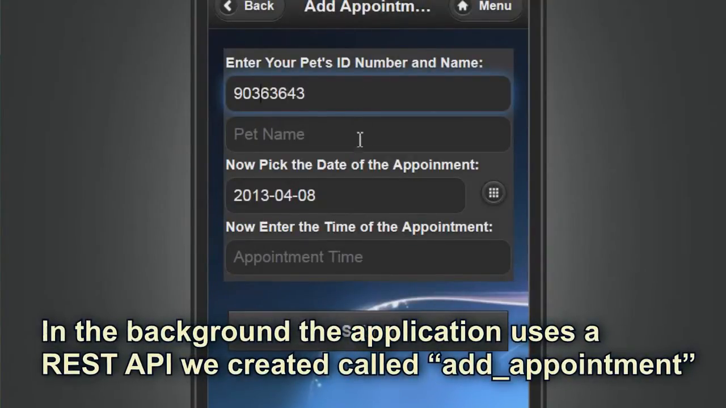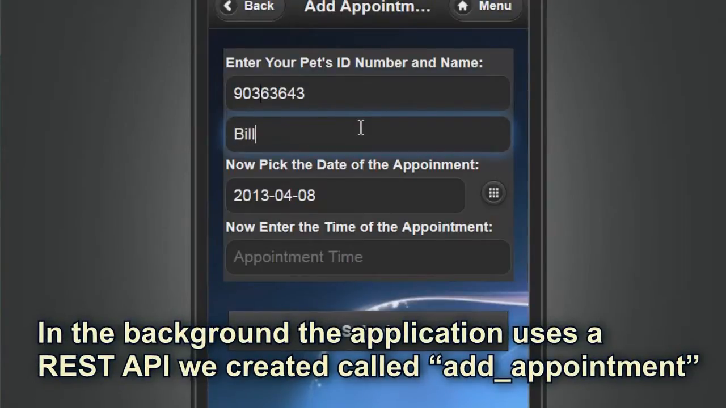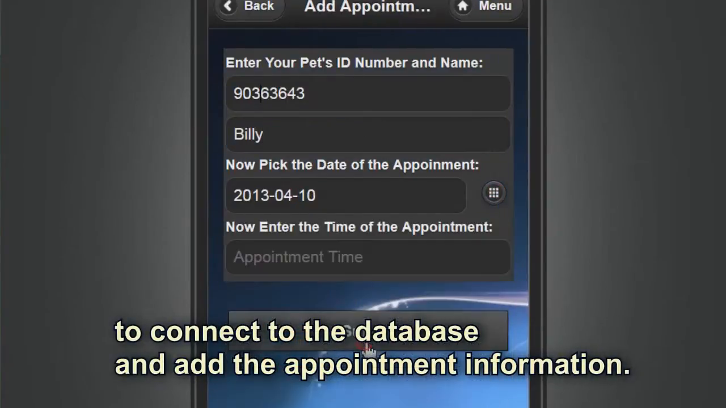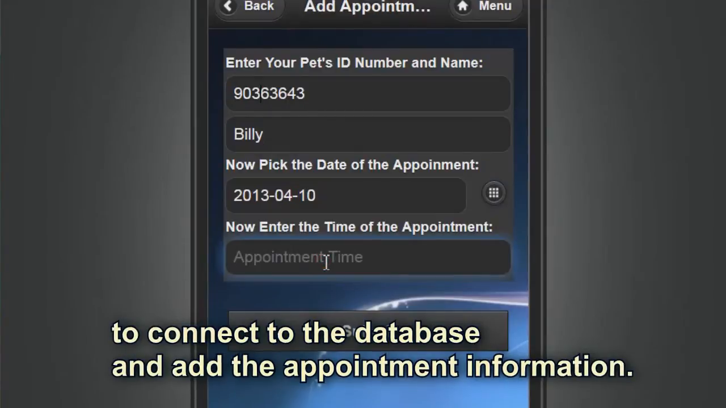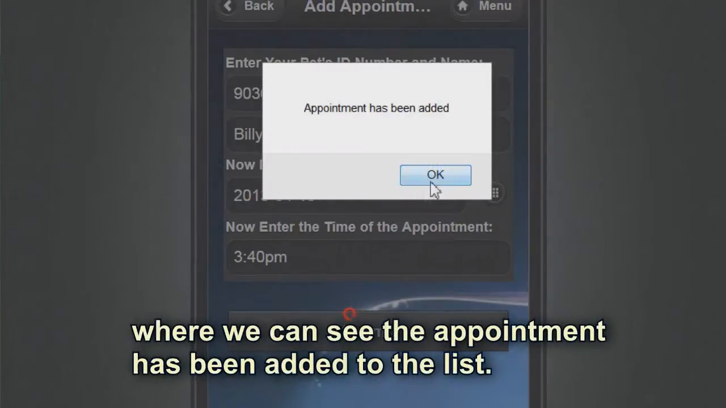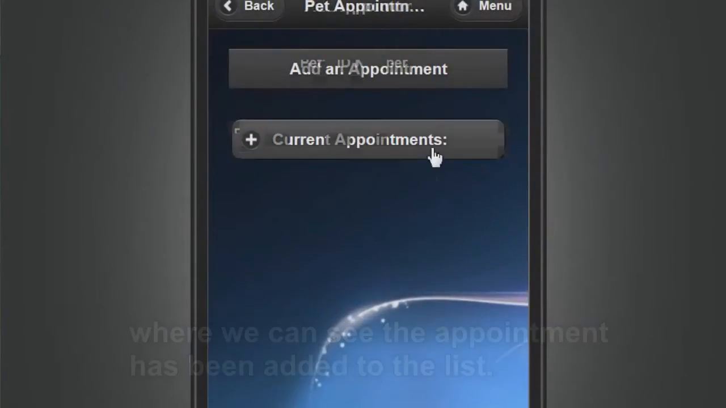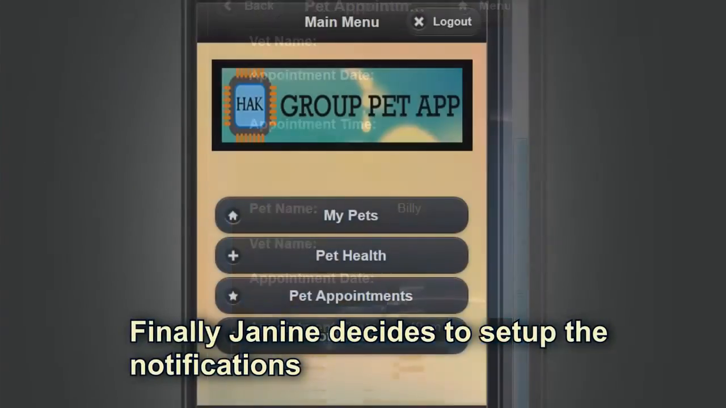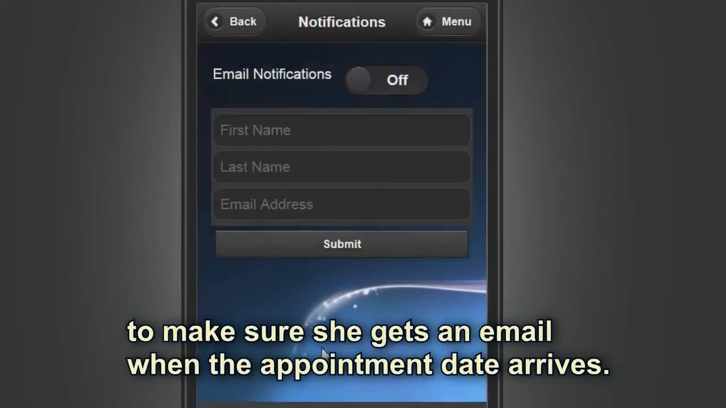In the background, the application uses a REST API called Add Appointment to connect to the database and add the appointment information. The application then takes her to the previous page where she can see the appointment has been added to the list. Finally, Janine decides to set up notifications to make sure she gets an email when the